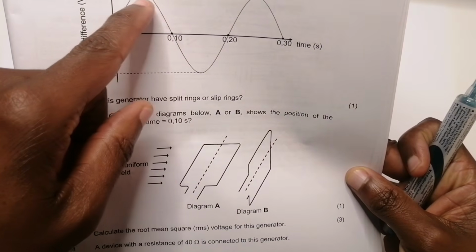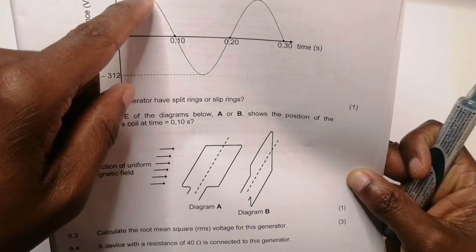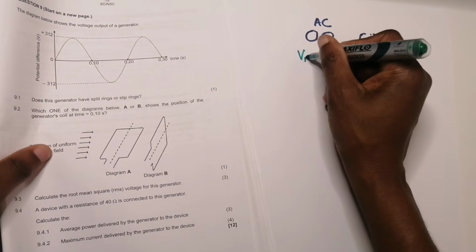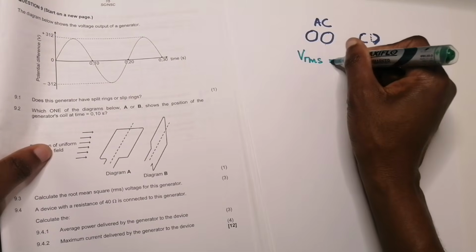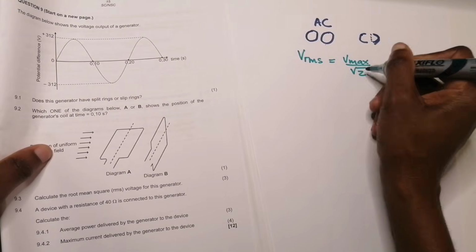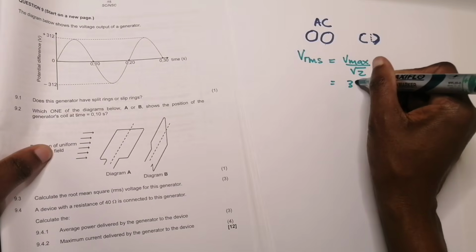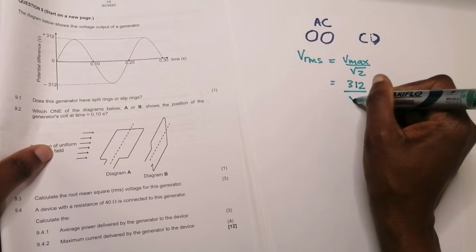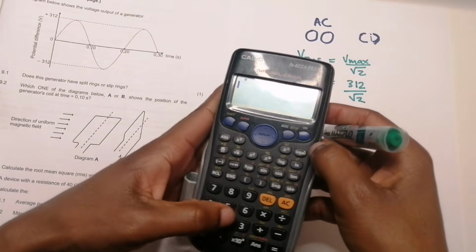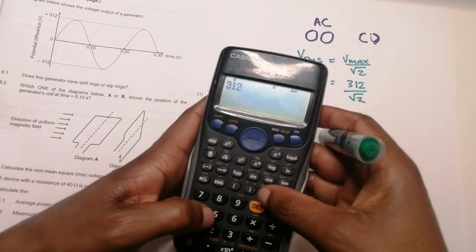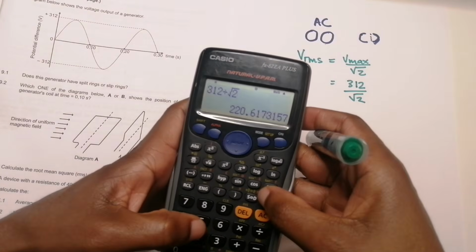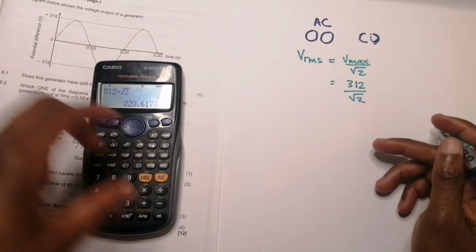So when they give us a graph, we know we've got the maximum voltage there. And so the RMS, we can simply say V RMS is equal to V max divided by the square root of 2. And we know this is 312 divided by square root 2. Let's do that quickly. I suspect it's the same as what we just did, divided by square root 2, and we get 220,